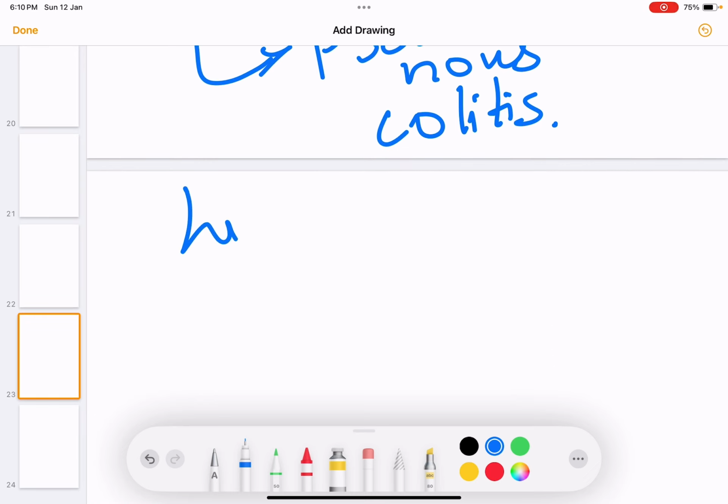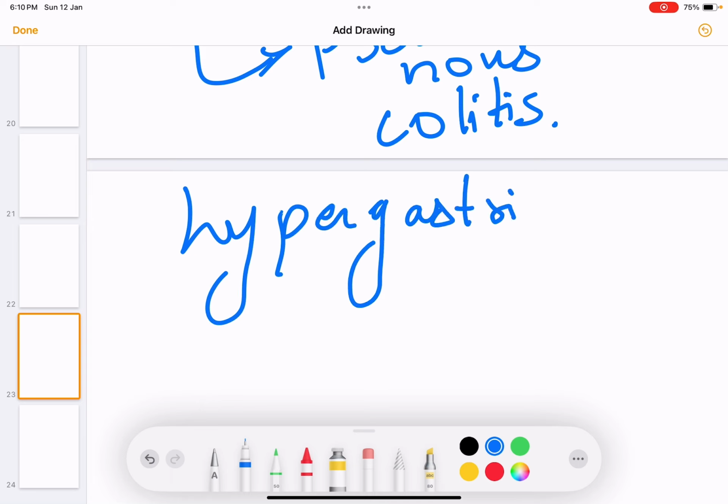It can also lead to hypergastrinemia. Now, this hypergastrinemia can lead to increased acid production after stopping the PPI. So, for few days after stopping PPI,